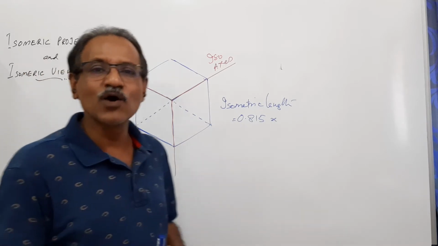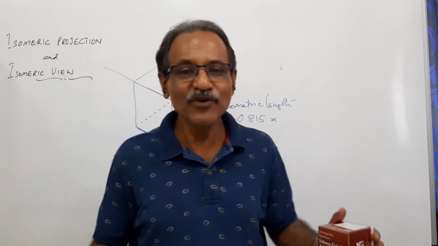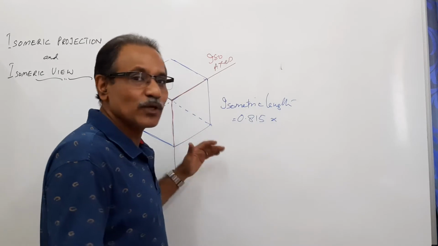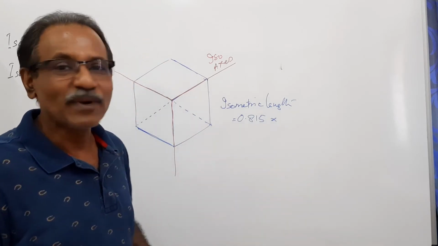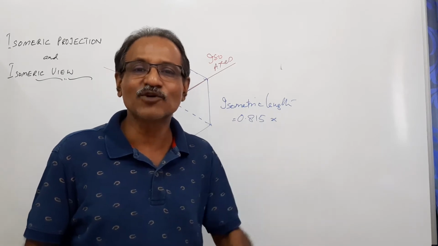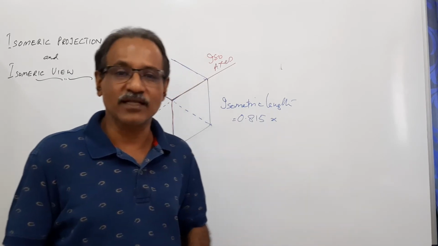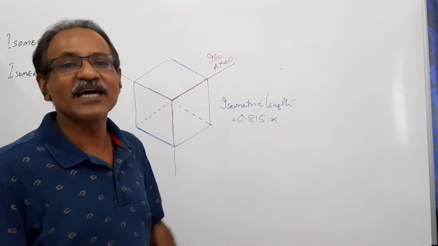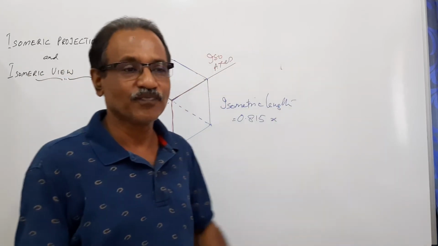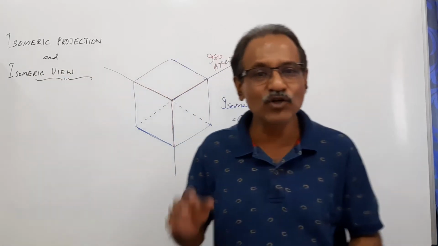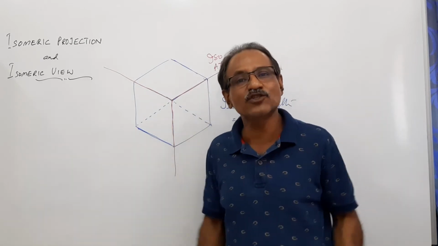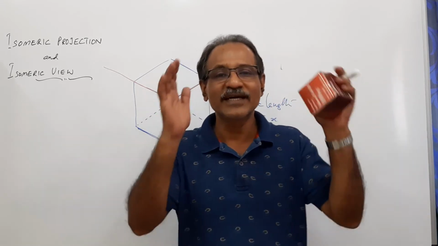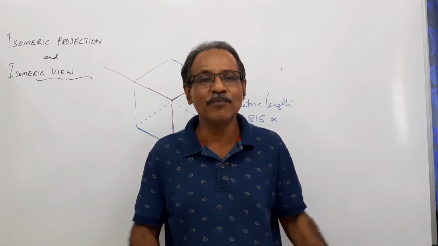Then, up to now, we have drawn some views that are not true. We have taken actual lengths along the axis. But the actual length will not come. What comes is isometric length. But we have taken actual length. What happened? You drew something which is bigger in size than the actual object. Therefore, we called it an isometric view. Whatever we have drawn up to this are isometric views of various objects. Such views do not exist. I repeat, such views do not exist. Then why do we draw them? We drew them for convenience.